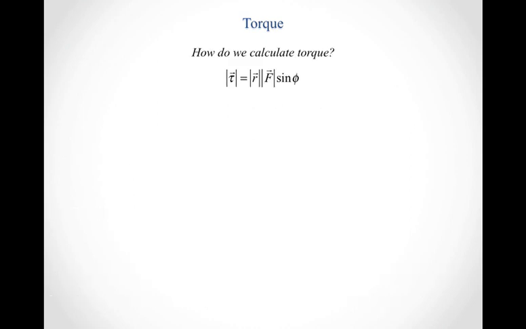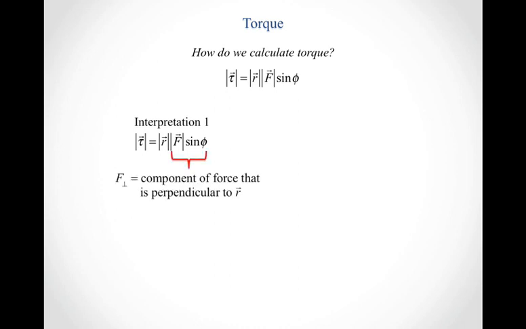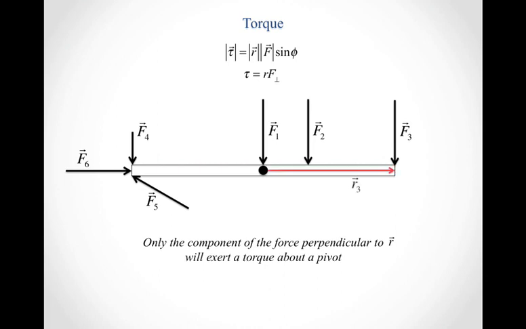This is our equation for calculating the torque done by a particular force about a particular pivot. There are a couple ways that we can interpret it. So interpretation number 1 basically says, well, let's keep that force and sine phi term together. I can think of them as the component of the force that's perpendicular to my position vector. And in that case, I can calculate the torque as just the length of r times that perpendicular component of the force. So if we come back to our picture, if you think about the torque generated by force 3,